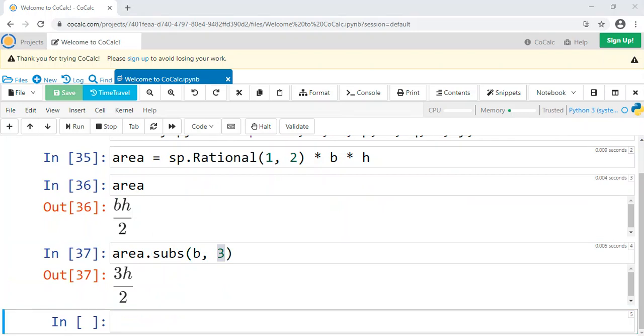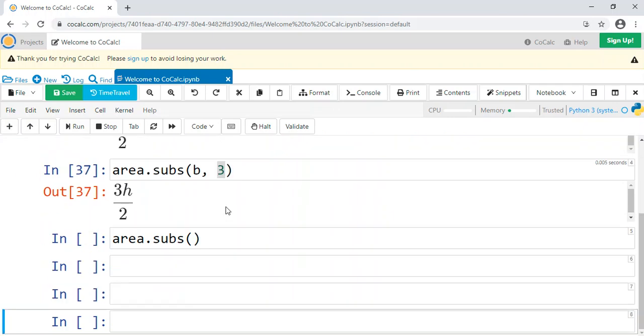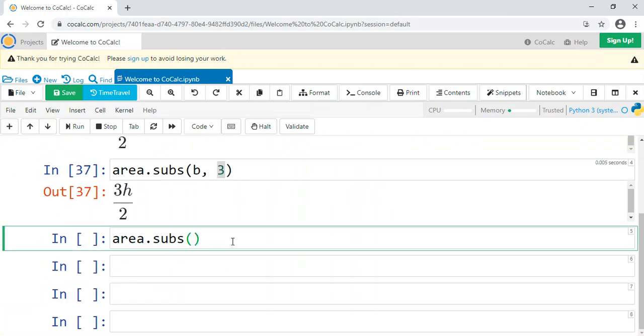All right, and we could have done the same thing with h. So what if we knew the base and the height, and we want to just get the area of our triangle? Well, no problem at all. You just put the tuples into a list. So you do area.subs, and then you make a list with these brackets, and inside that list b comma 3, and then another tuple h comma 4.